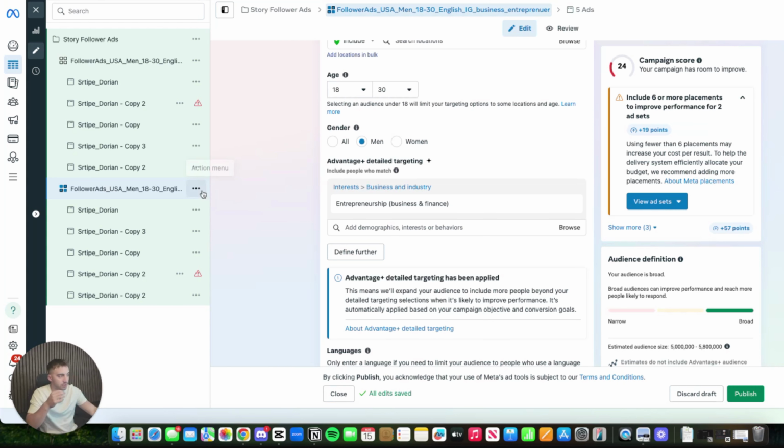Now, as well, what you can do is retargeting. So every time someone visits, I'm not going to get into this, I'll get into it next video. Every time someone visits your Instagram profile, clicks on your ad, comments on an ad, likes an ad, saves an ad, whatever they do, you can start to retarget these people. So it's like, okay, they didn't know who you were. Now they interacted with your account. Okay. Now you have them as a custom audience, which we then retarget.